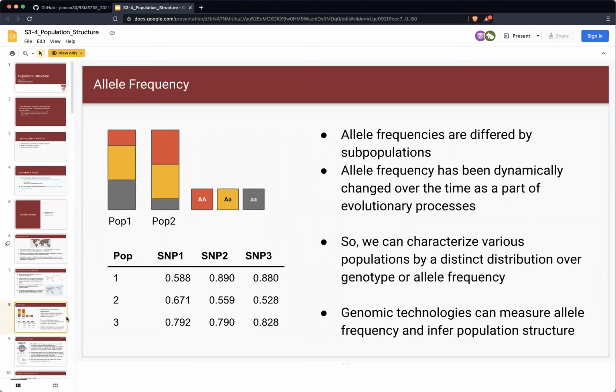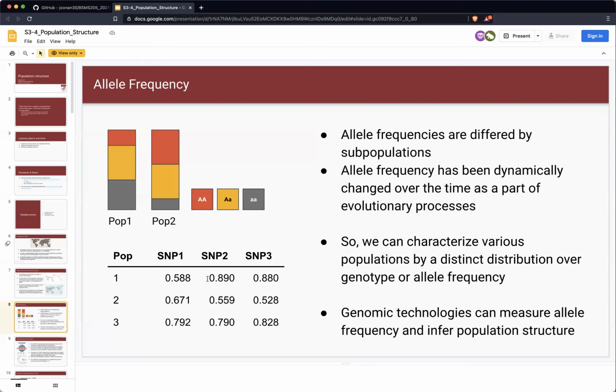So they have different compositions of certain alleles, and that is represented as numbers, which is the frequency of each allele. And if you look at a certain allele, then we can see the differences in terms of the allele frequency across the populations. So if you look here, we have three different SNPs and three different populations as well. And if you look at their frequency across the populations, they all have different combinations of the frequency